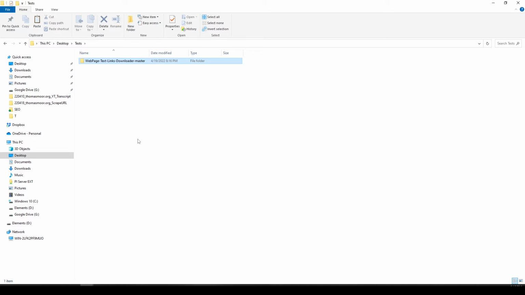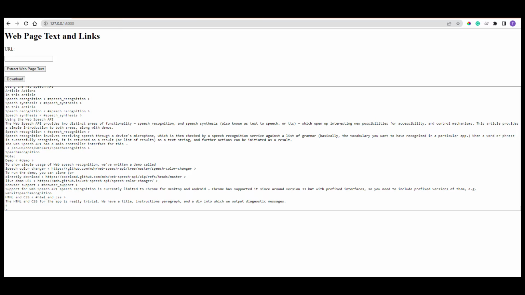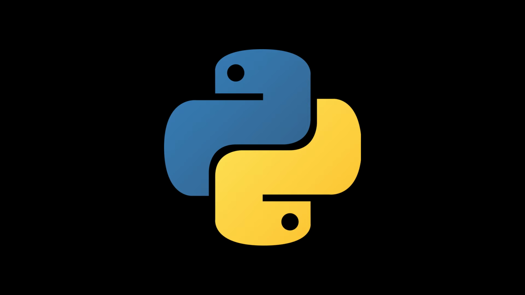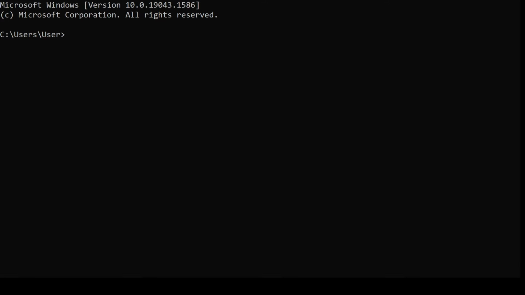The next step is to get this new program to run on your machine. For this, we will need to install a few prerequisites and then launch the application. Here are the prerequisites. First, you need Python. If you do not have Python on your machine yet, follow the instructions given in the post I will link in the description below. Then open a command prompt, go to the tool directory,